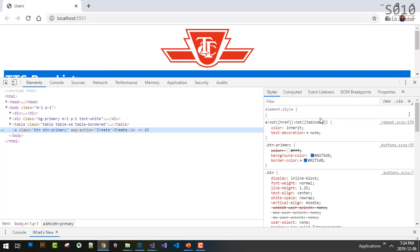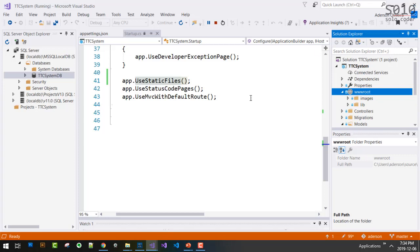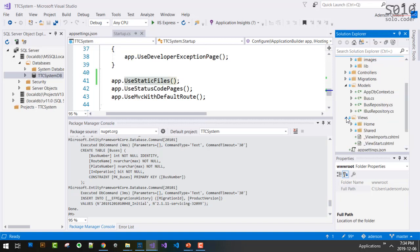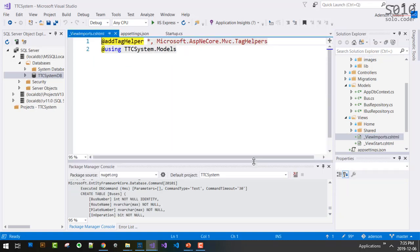So the tag helper is not working. Well, maybe it's not there, maybe there's a misspell. Let's have a look. Where is the tag helper? The reference to the tag helper is stored, where do we add that? In the view imports. So let's go to the views, view imports. And if you have a close look, there is a misspell here. Again, a few weeks ago, I spent a good chunk of time just trying to sort this out. Okay? Now, with this done, if I run again,